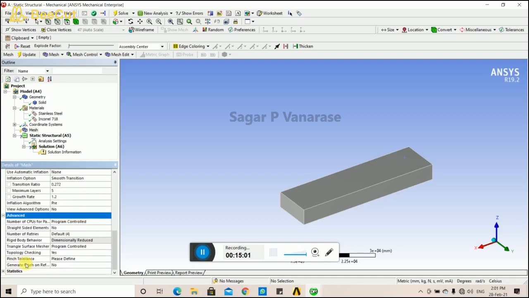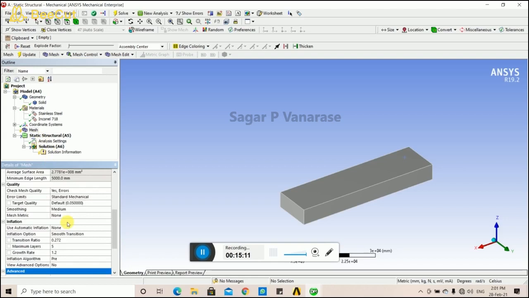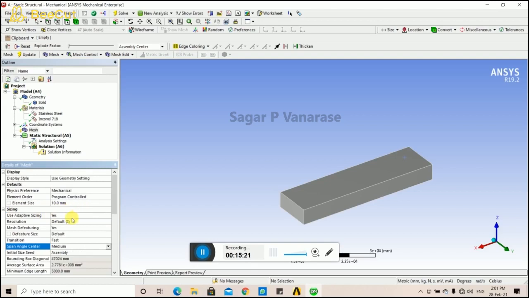I have set the span angle center to medium, and I have also given the element size, that is 10 mm. Various types of information, such as surface area, are given in the details of the mesh. Simply by clicking on them we will find various details regarding our object.